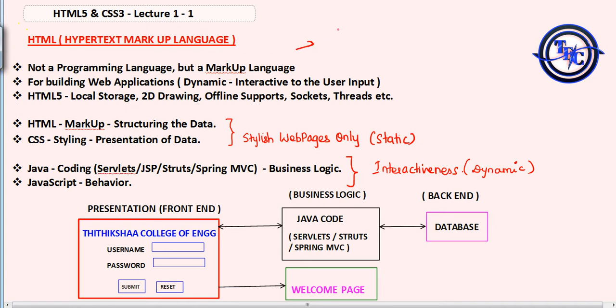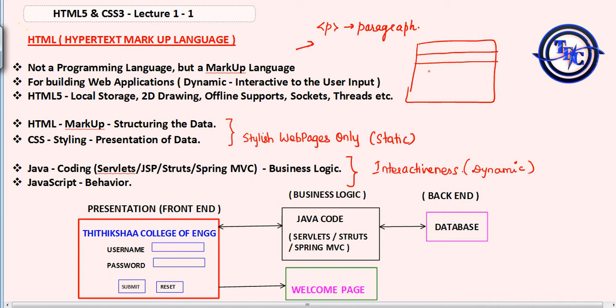Here you are using tags, right? She used a tag like P. P is used for paragraph, and she used a table because she wanted to structure the data with the main heading, subheadings and the content. So this is the content, this is the main heading, and this is the subheading.